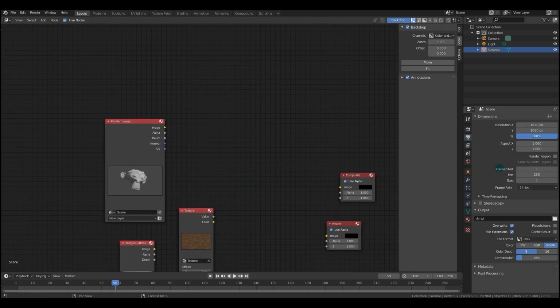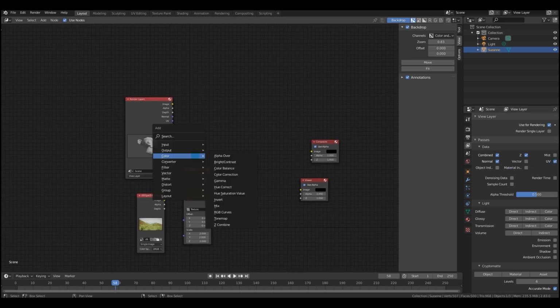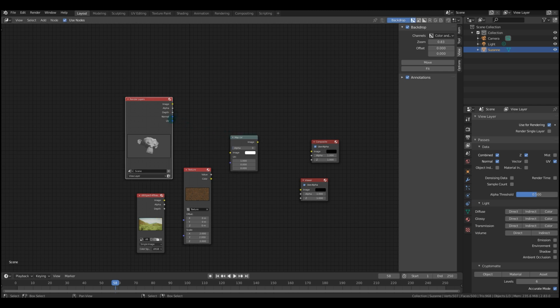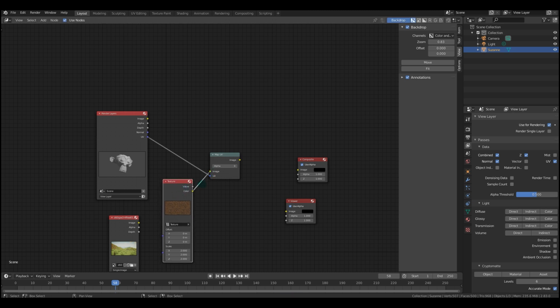Here's what you need to do to make this happen. Make sure you're in Cycles, and in your render layers, make sure you have the UV enabled. Great. Now we're going to start talking about this Map UV node. All right. Now plug in the UV pass into the UV. Now you're going to plug in this texture. It could be a wood texture. It could be any texture that you want into the top there.